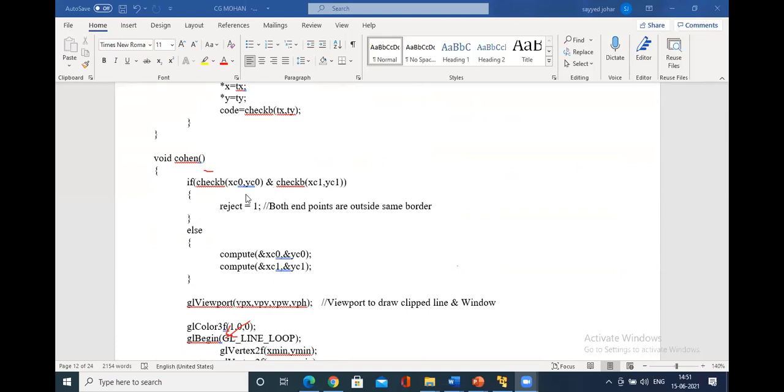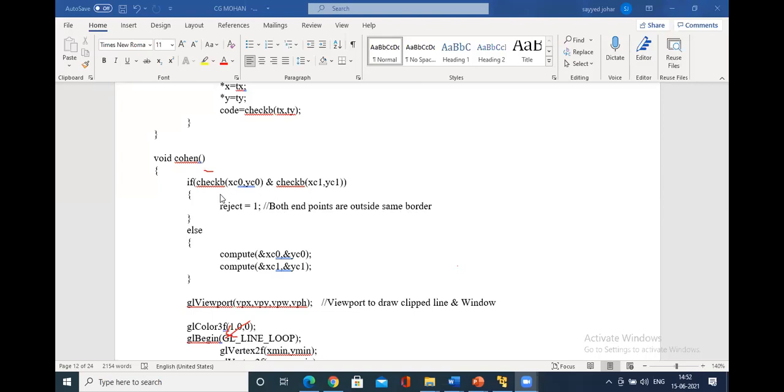If the AND of both the values is completely 0, then part of the line is inside. If it is not 0, then we say it is completely rejected. Both the endpoints are outside the same border. For that, you have to AND it.